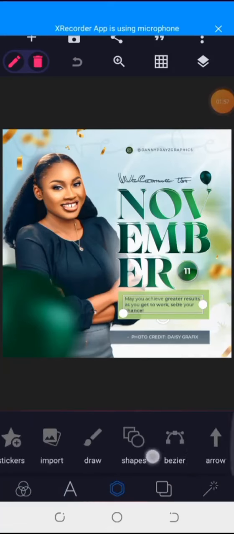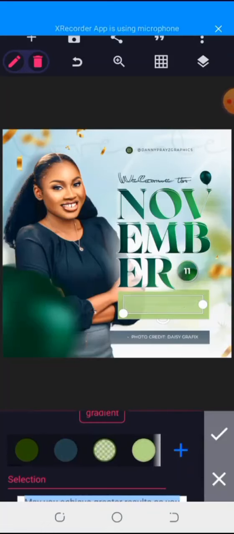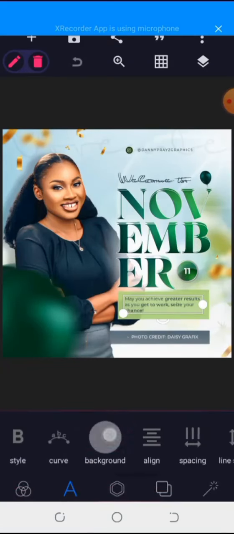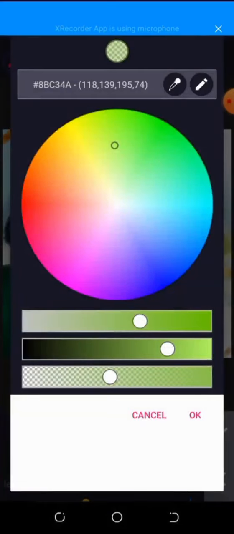Okay, guys, so I think I found it now. So this is actually it. Sorry, this should be for the text background. This is it, right? So this is it, guys. This is it, and this is the color code